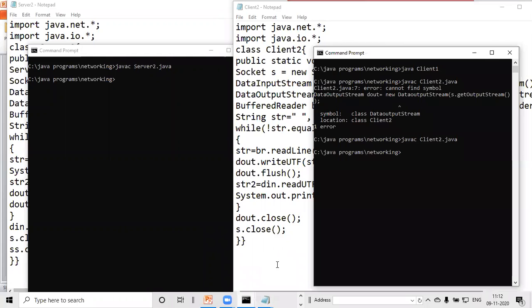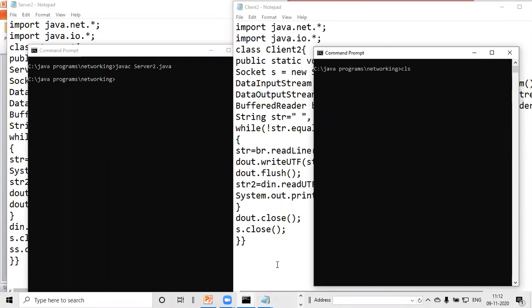Okay, so you can see over here that both these machines are fine, so I just again compiled it,